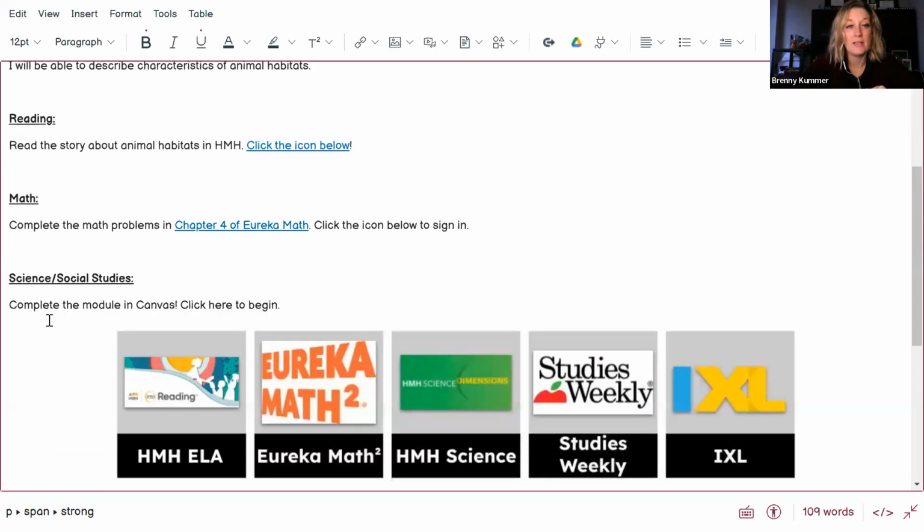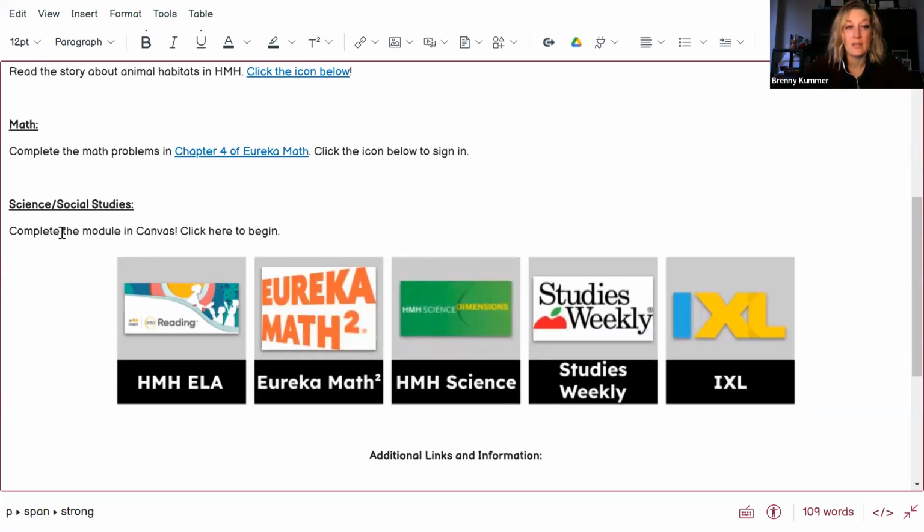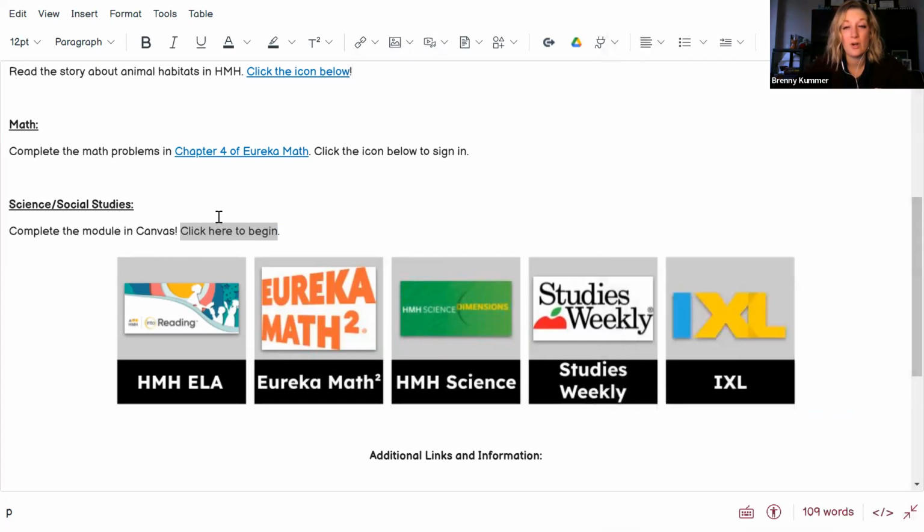Okay, now for this next one where we have this science module in Canvas, I'm going to show you a little bit more of Canvas's bells and whistles that you can use on an e-learning day and show you some of the features that are there. So technically, for this module right here, I'm not going to set this up in the same way, this link. I'm going to come up here to the top where it says course link,